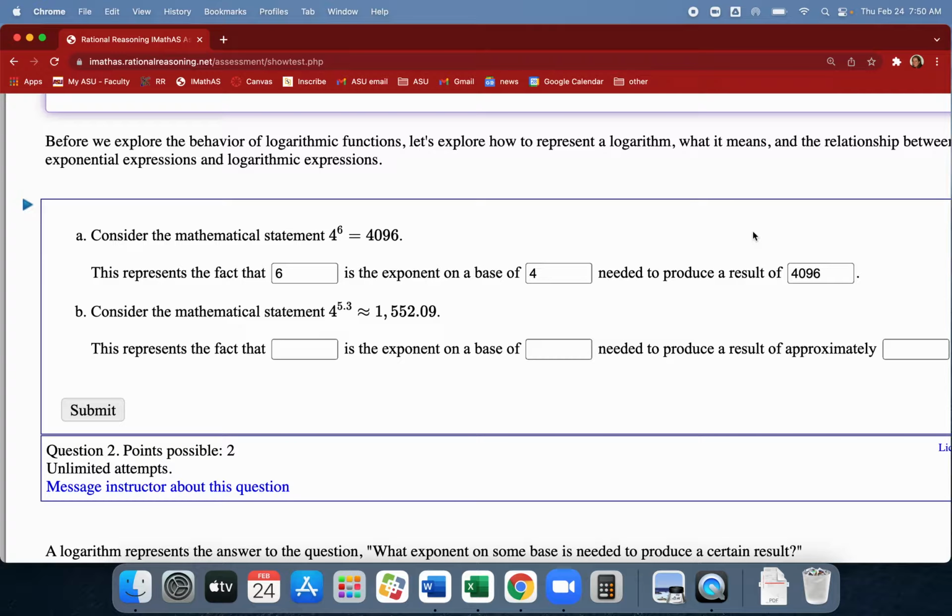So if I say the mathematical statement, 4 to the 5.3 power is approximately 1552.09. Well, similarly, that means the exponent 5.3 on a base of 4 is needed to produce a result of approximately 1552.09. So in logarithmic form,